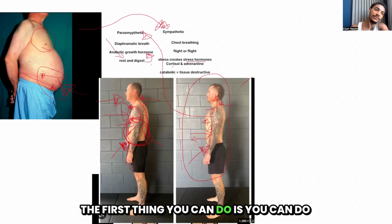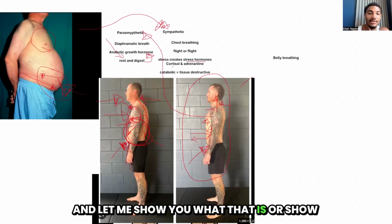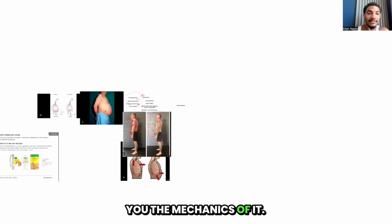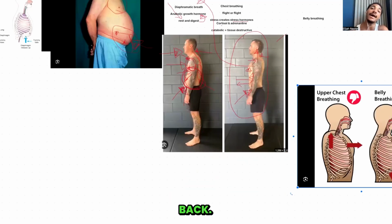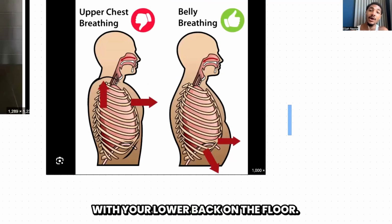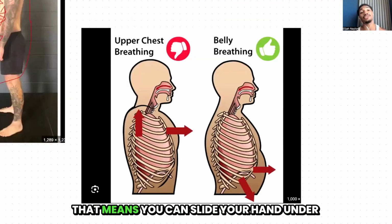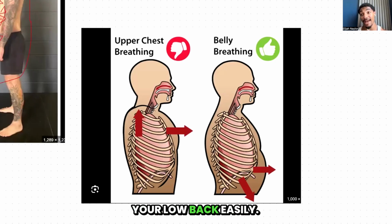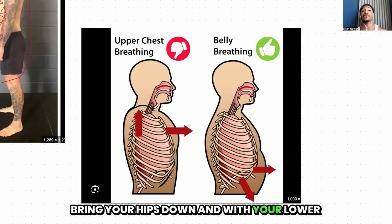The first thing you can do is belly breathing. And let me show you the mechanics of it. As you can see here, what I want you to do is lie down on your back with your lower back on the floor. If your lower back is not on the floor, that means you can slide your hand under your low back easily. If you can, you don't want that. You need to turn or tilt your pelvis and bring your hips down,